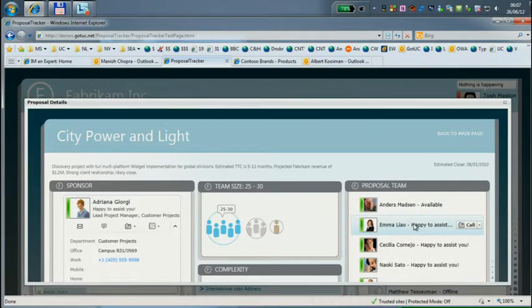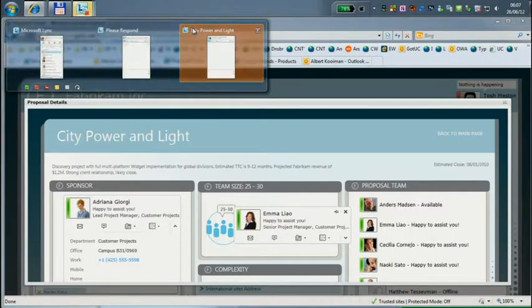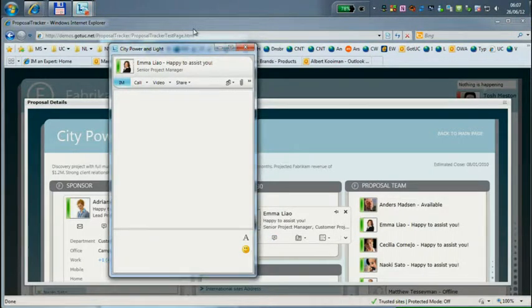That's what we call a query response bot that is able to react to my sentences. So imagine that this was a real person, right? So she's Emma and she is happy to assist. I like that. And I would like to start a conversation. Now, on this computer, it always pops up behind. I do not know why. But at the moment that I clicked on that conversation and I say hi, what am I doing? I'm not transmitting now the context of that subject line. I'm actually going to transmit the context, if the demo gods are with me, of this particular project.